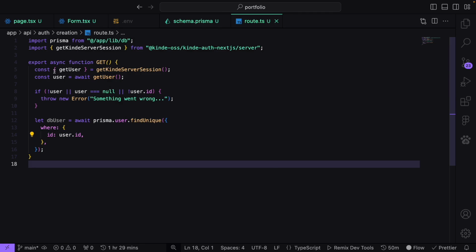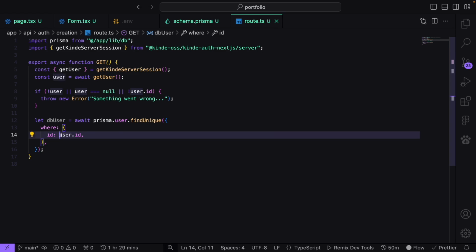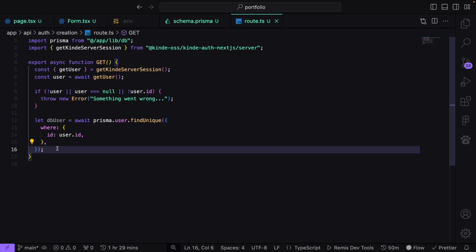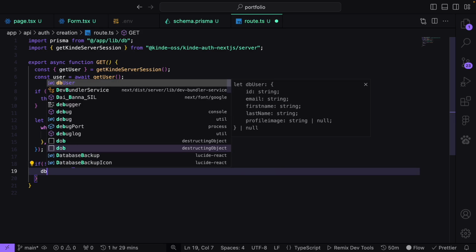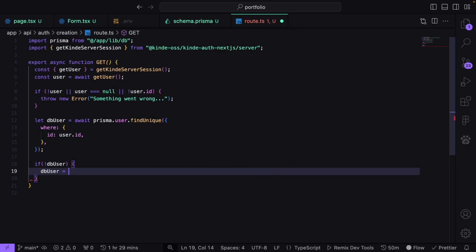Again, we already fetch our user right here, that's why we already get the user.id. So now we fetch our user from the database, and in total there could be only two responses. Either response A, there's no user, or response B, we have a user. So if we don't have a user, let's do an if check. If there's no user, we add an exclamation mark, dbUser. If there is no dbUser, let's open that and let's reassign dbUser, and this will now be equal